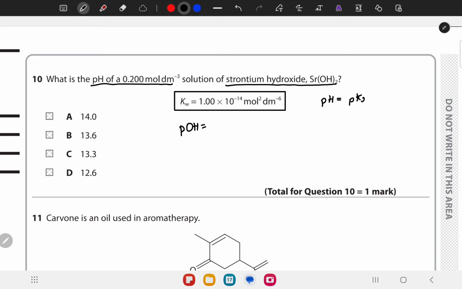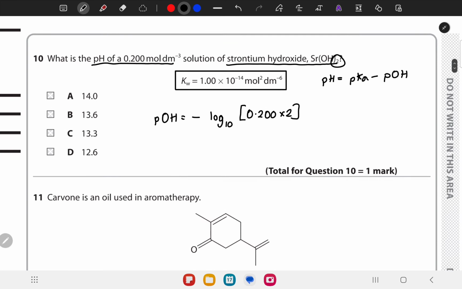So pH is pKw minus pOH. The pOH value for strontium hydroxide would be minus log base 10 of the concentration of OH. The concentration of OH would be 0.200 times 2, since there are 2 hydroxides per each mole of strontium hydroxide. If we calculate this, we'll get a value of